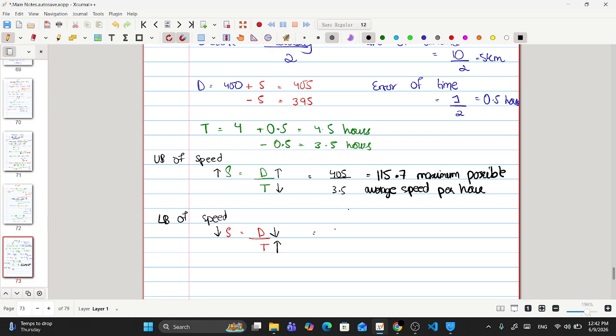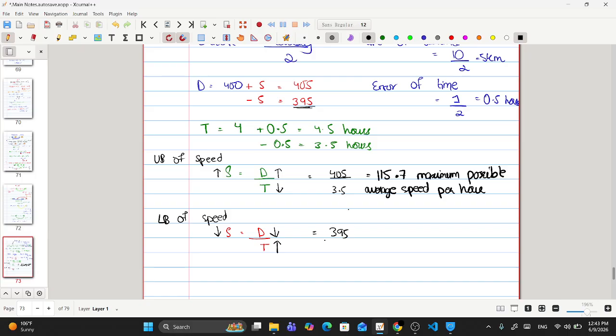So then that means, the entire thing, would we have to subtract 5 from 400? Yeah, we've already done it before. So it would be 395, divided by